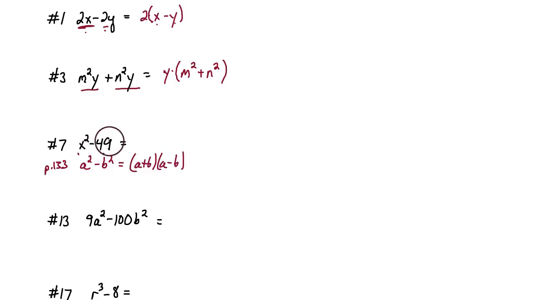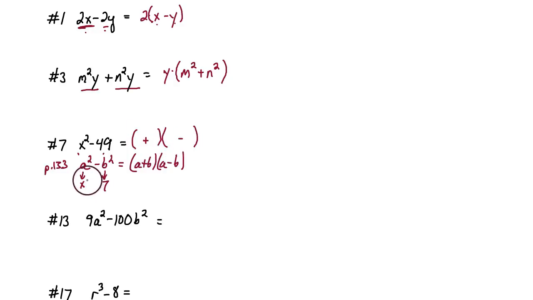X squared minus 49 fits that pattern, a squared minus b squared, where the letter a is the x and the letter b is the number 7, because 7 squared is 49. Once we know what pattern it fits, we can follow the directions given in that pattern. We can see that our answer has 2 sets of parentheses. It has a plus sign here and a minus sign here, and then we need to fill in the missing